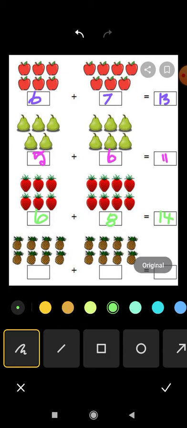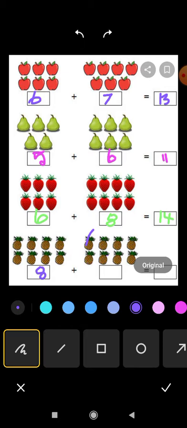Okay, yes. In the last row, which objects are given? Pineapple. Yes, my dears, pineapple is given. Now let's start to count it. Yes, start counting the first group of objects: 1, 2, 3, 4, 5, 6, 7, 8. So on the left side, the first group of objects has how many? 8. Okay. The next thing, the right side to add. Okay, count that now: 1, 2, 3, 4, 5, 6, 7, 8.